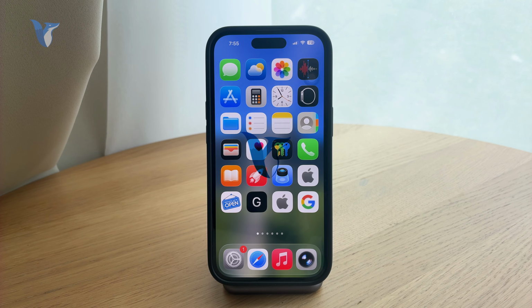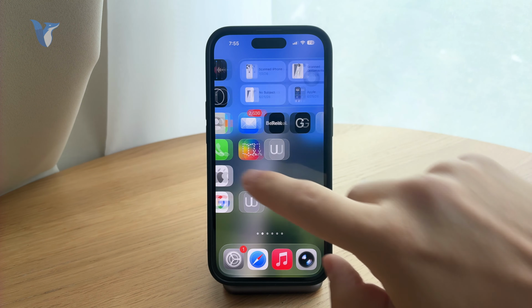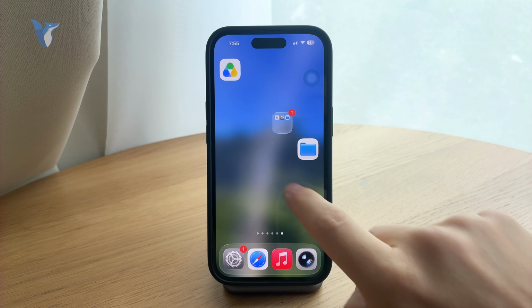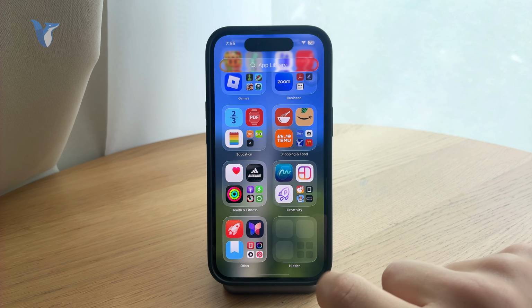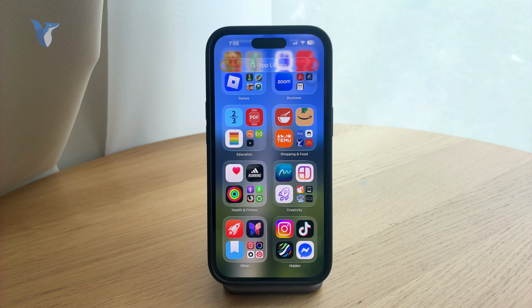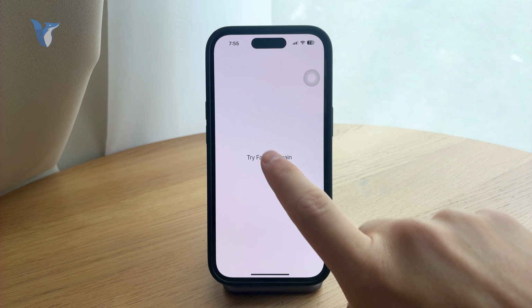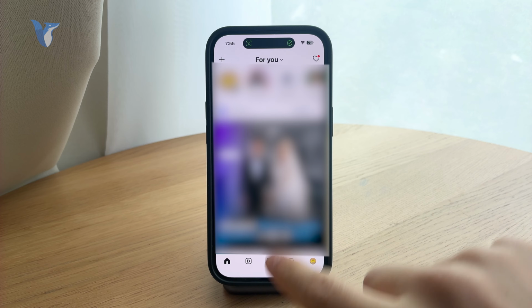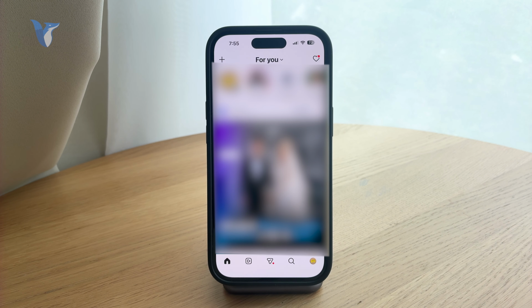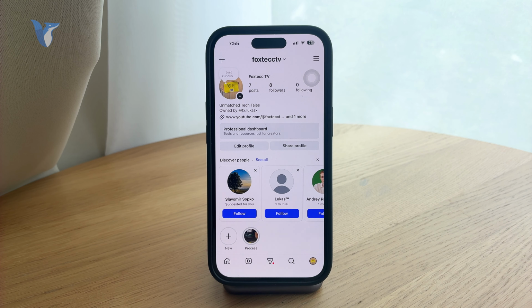This is how we can turn off the instance on Instagram on the iPhone. So all you have to do at first is to locate the Instagram app on your device like this. So make sure you get inside, and what you have to do is, you can see I have it locked like this. So if you are on the main page, make sure you go to your profile like this